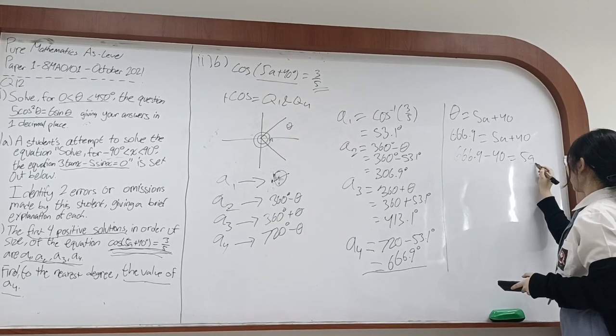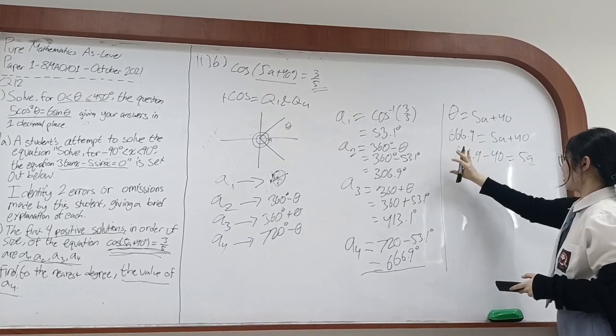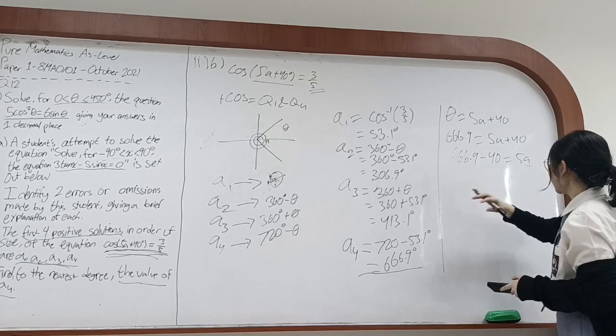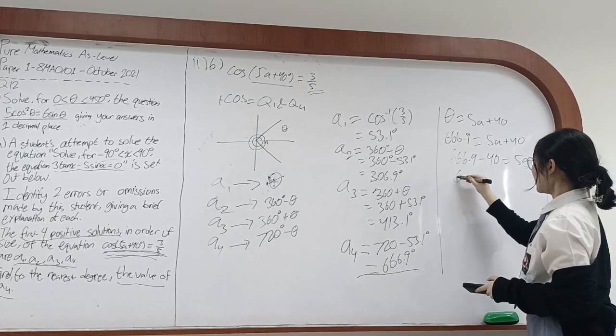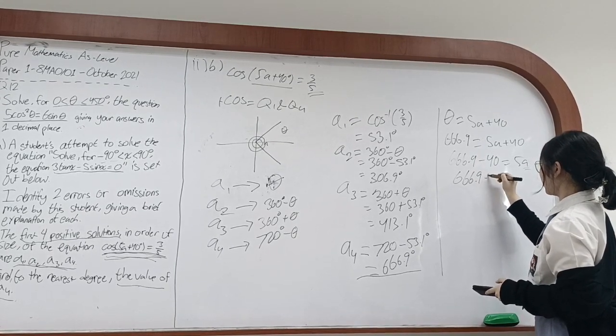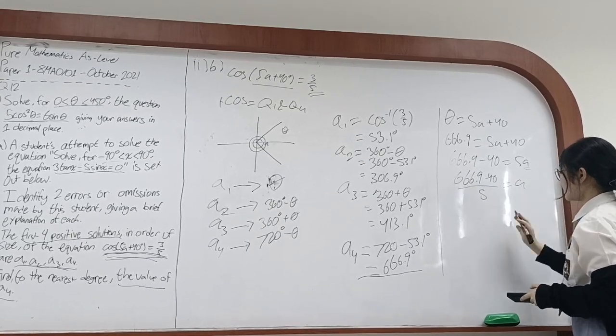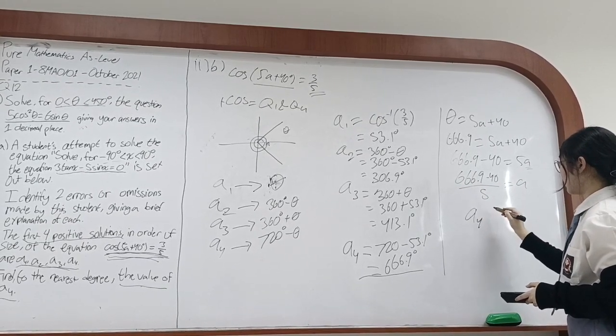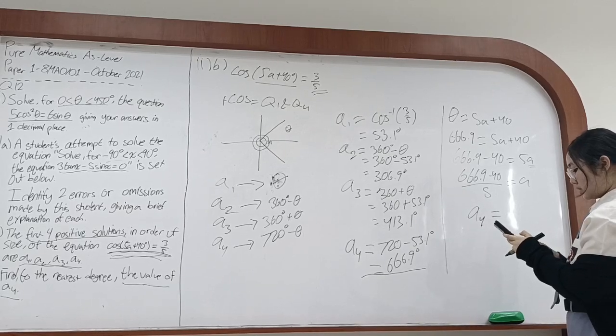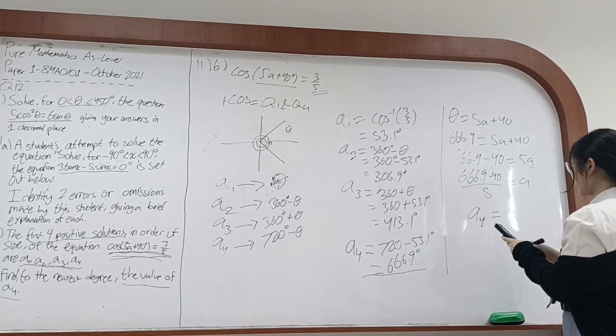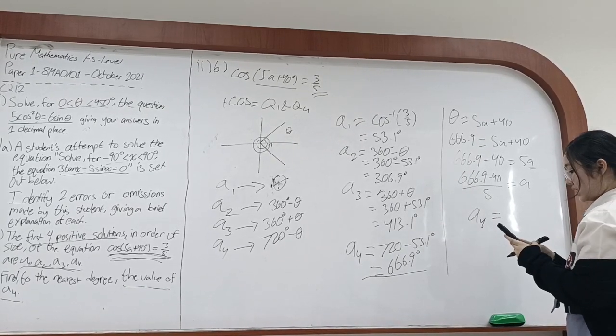And since we only want A alone, we can divide the whole equation on the left side by 5. So (666.9 minus 40) divided by 5 equals A. So that means the value of A4 will be, just put this in the calculator again, unless you want to do mental math on your own. It will be